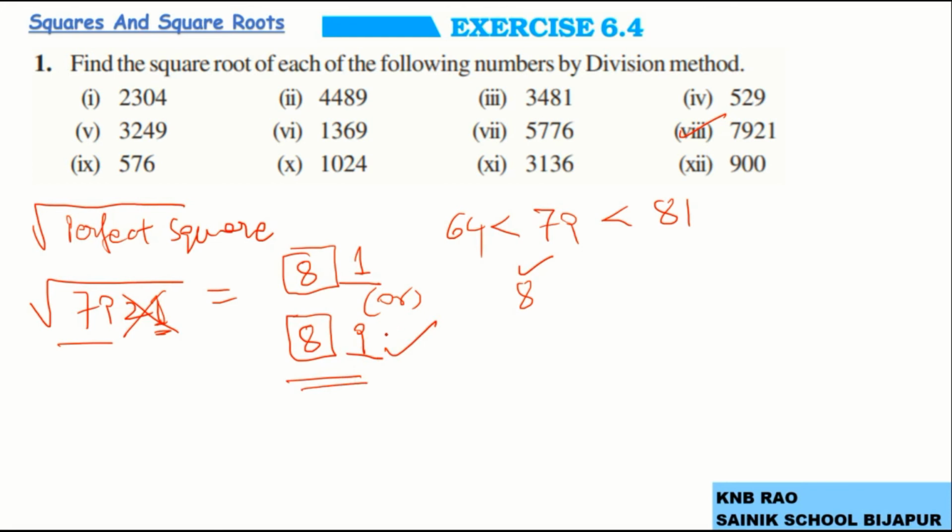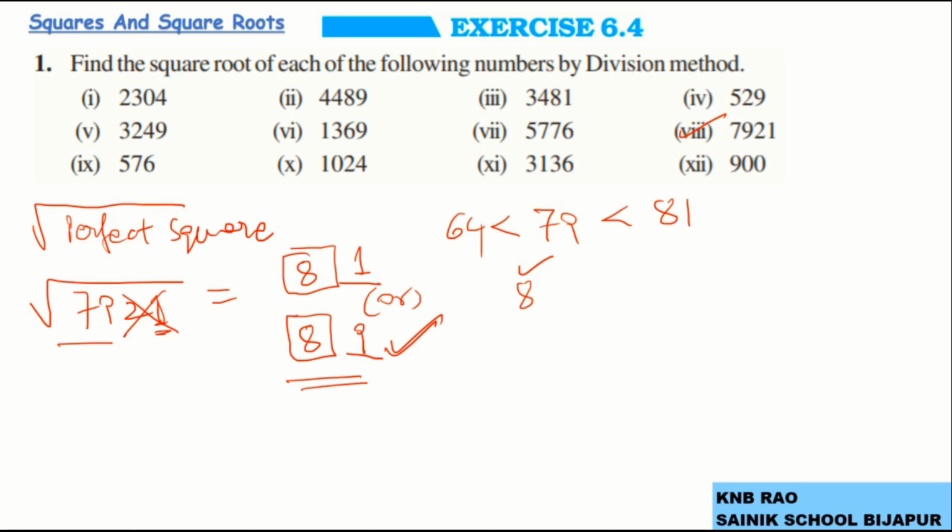Why? Because the bigger number multiplied by itself gives closer to 7921, meaning here 8100, obviously 90 square. So that's how I have said quickly. I hope you have understood this shortcut. Let me do one more question.